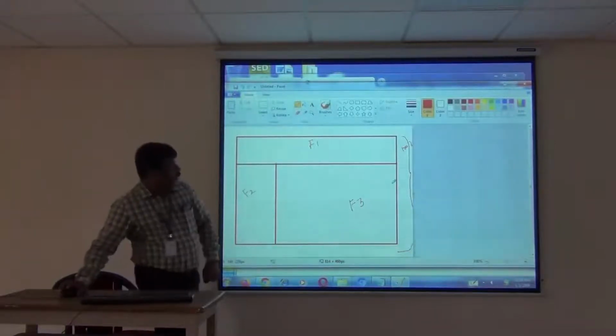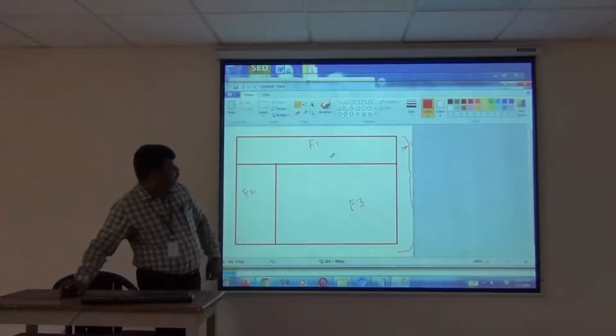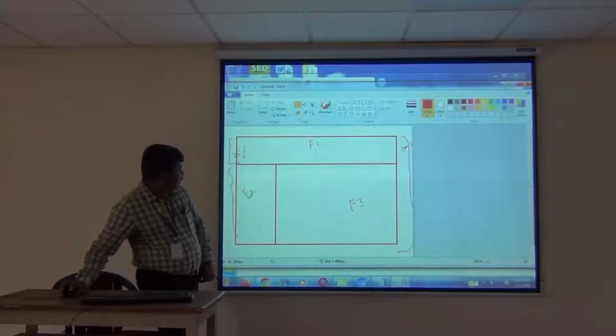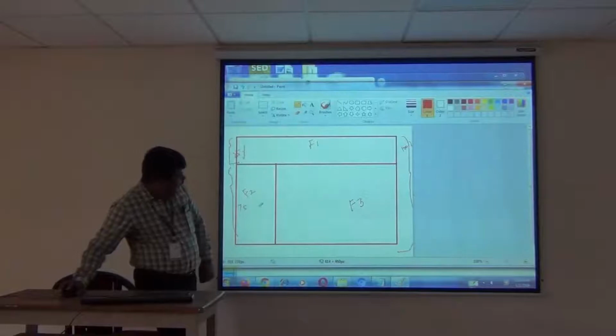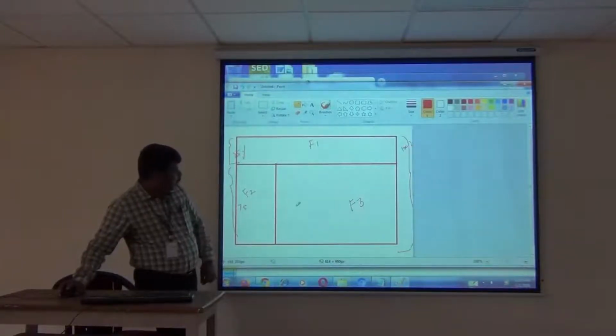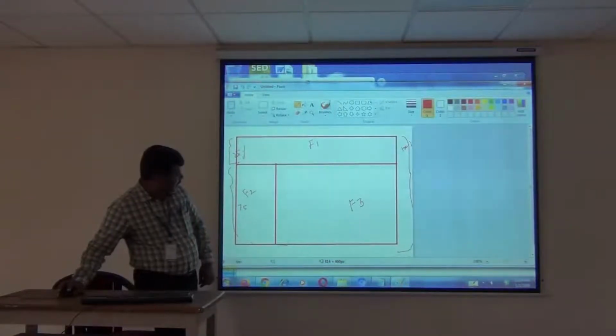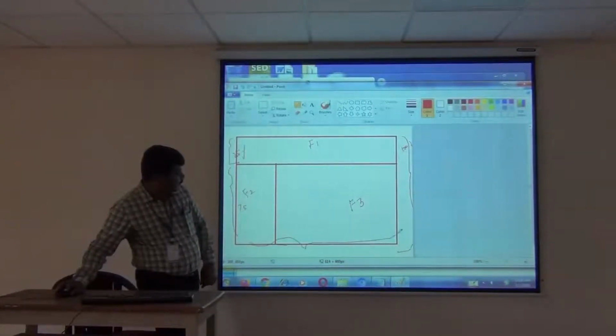So how are we going to create this? This is the 100% browser window. First this will be 25%, so the remaining 75% will be here. Then I consider this 75% as 100%, and this is again divided into 2 parts.